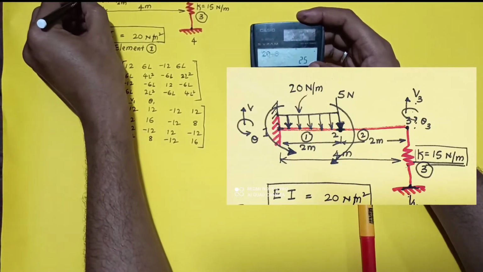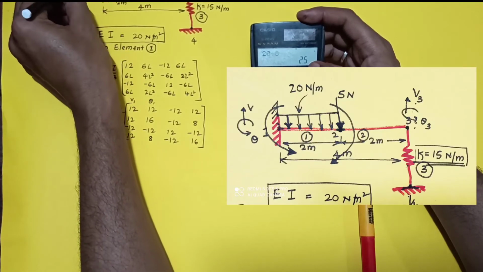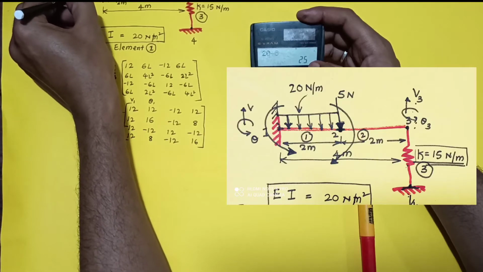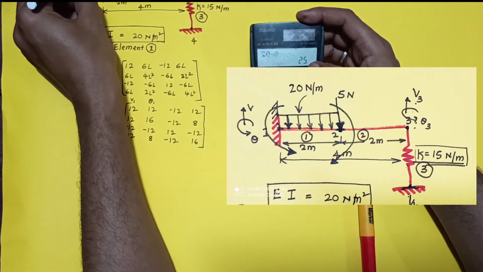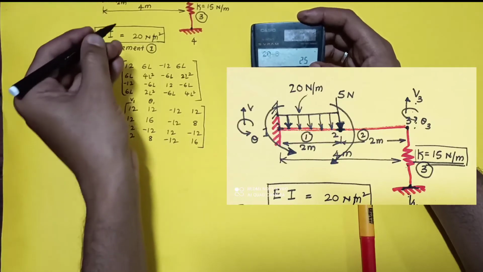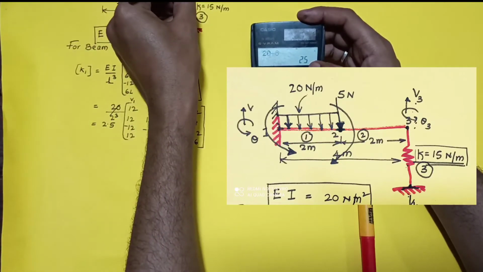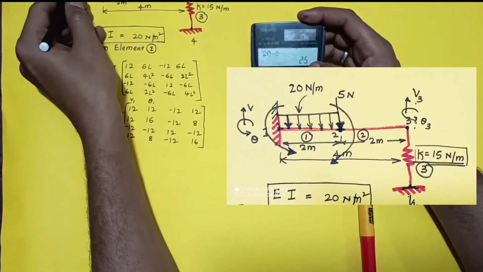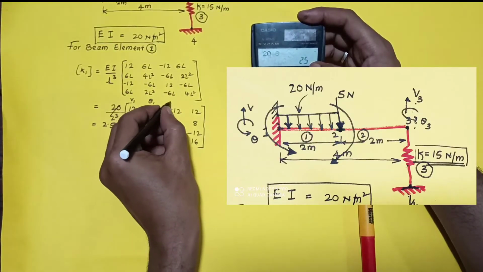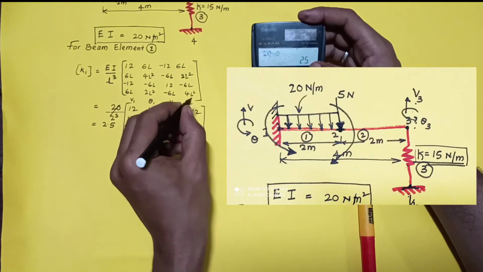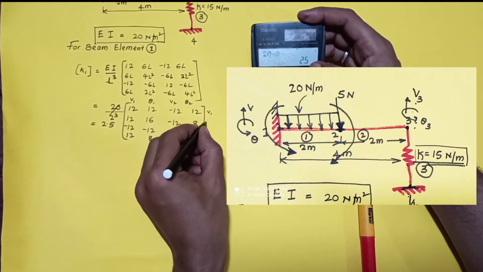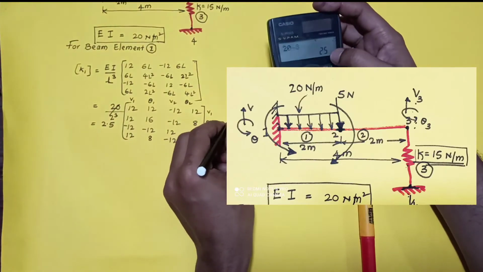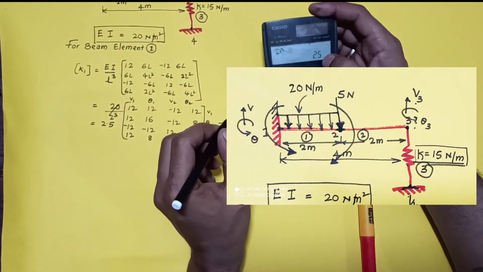Here this one will be V1 and there will be one rotation, theta 1. Similarly it will be there at 1, 2 and 3, because from 1 to 3 it is a beam element. So V1 theta 1, V2 theta 2. Vertically also you can write V1 theta 1, V2 theta 2. Let us say this is equation number 1.